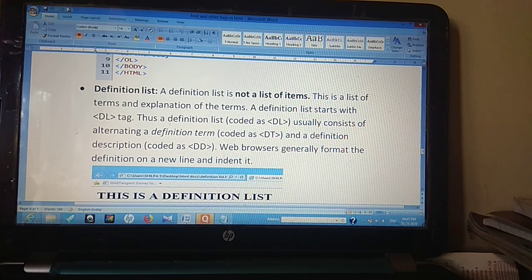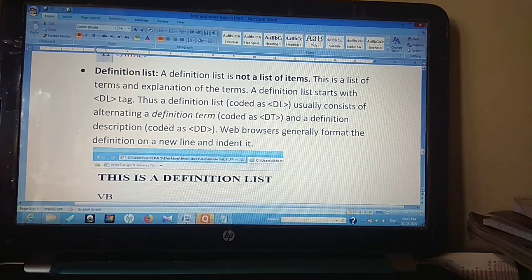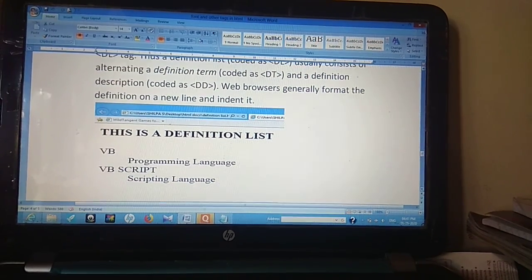The definition list starts with the DL tag, and definition list items usually consist of alternating definition terms, which are given with the DT tag, and definition descriptions, given by the DD tag. Web browsers generally format the definition onto a new line and indent it. So you can see that there is an indentation or some space given in the code.